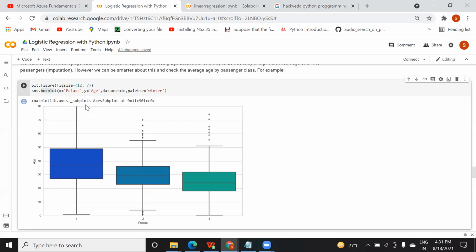In an interview they won't ask this thing. They might ask what a bar graph, box plot, or heat map is used to represent. I remember in one interview for data analytics they asked me this question. At the time I was new, so I was unable to answer. But then I checked Google and came to know that this is used to tell the range of a data. This is the starting point, this is your end point, and most of the data lies in this range. So they might ask you this question, but they won't ask you to draw the graph.